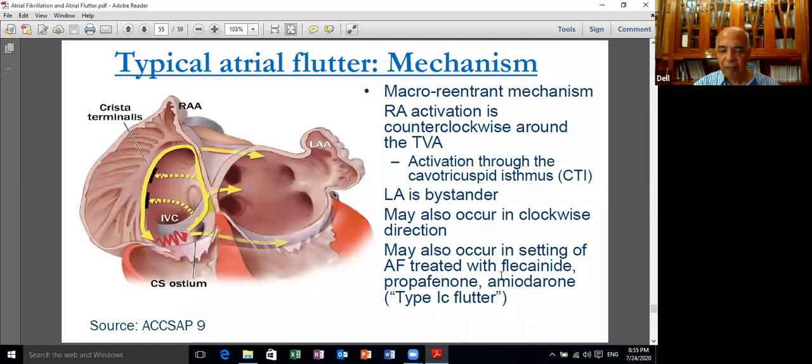So if you start with atrial fibrillation with a ventricular rate of 100, you change it to atrial flutter with a ventricular rate of 300 or 150, and this puts the patient at the mercy of occurrence of ventricular fibrillation. That's why we have to combine flecainide and propafenone with beta blockers to prevent the occurrence of atrial flutter